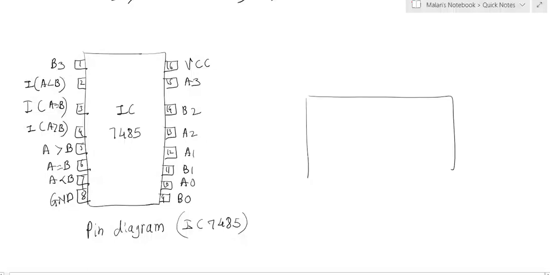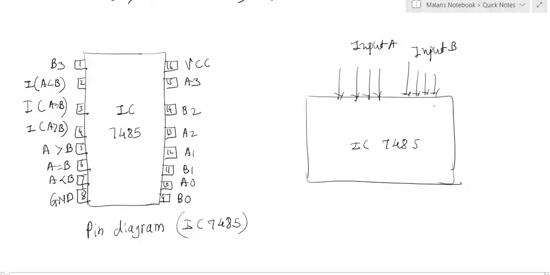This is IC 7485. The inputs provided are A and B, 4-bit inputs. So I am going to show the 4-bit inputs like this. This is the input A, and 4-bit inputs for the variable B. This is the input B. Input B will be B0, B1, B2 and B3, and A0, A1, A2 and A3.